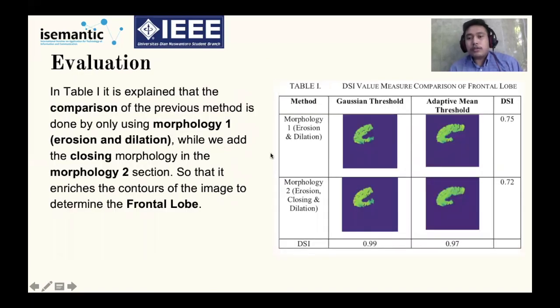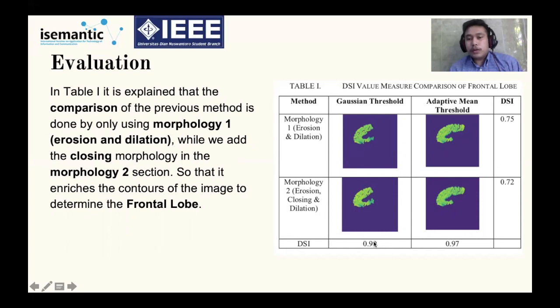For the evaluation, we compare morphology 1, which consists of erosion and dilation, like this one, and morphology 2, where we add a closing between erosion and dilation.